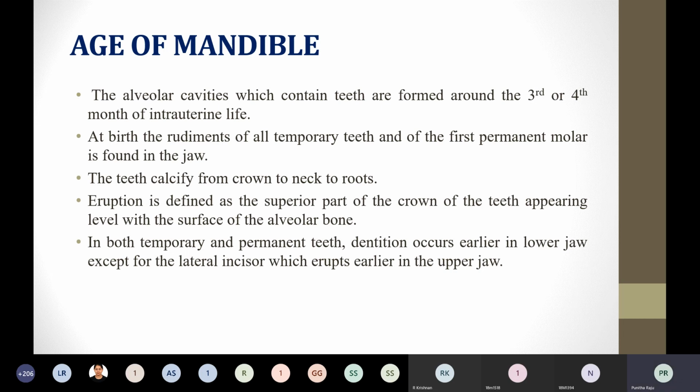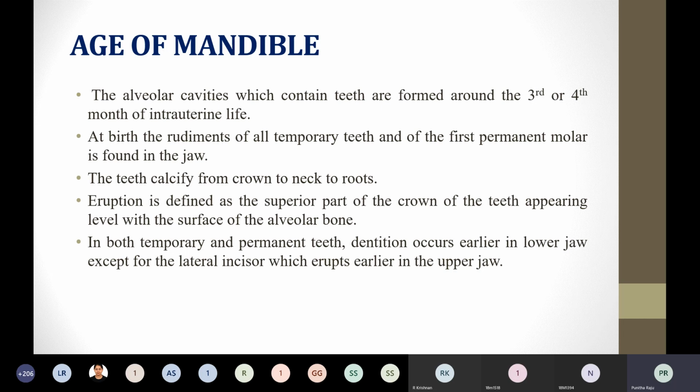So here you can see how the teeth are aligned. In this picture it is very clear. You have the central incisor. A few students don't even answer which is the central incisor, which is the canine, which is the first premolar. So you should know all these. These are very basic. Even in your PUC you would have studied all this. You should know what tooth it is. When a tooth is given to you, you should identify whether it is a central incisor or a lateral incisor.